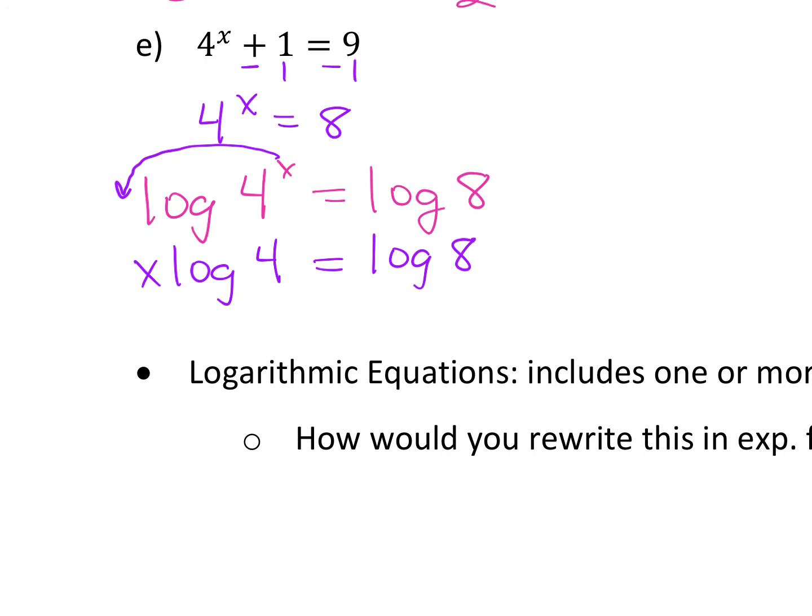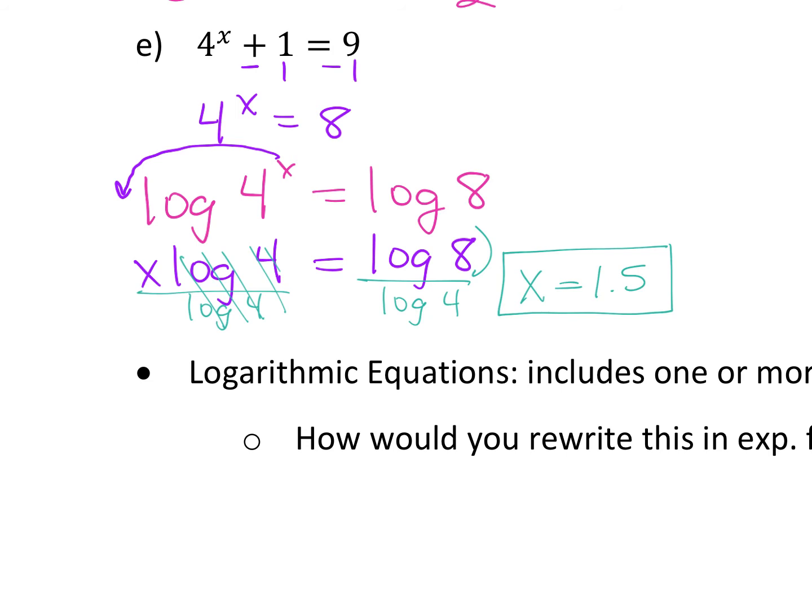What's your last step? Divide by log 4. Don't forget this parenthesis, right? This is 1. So we get x equals log 8 divided by log 4 comes out to